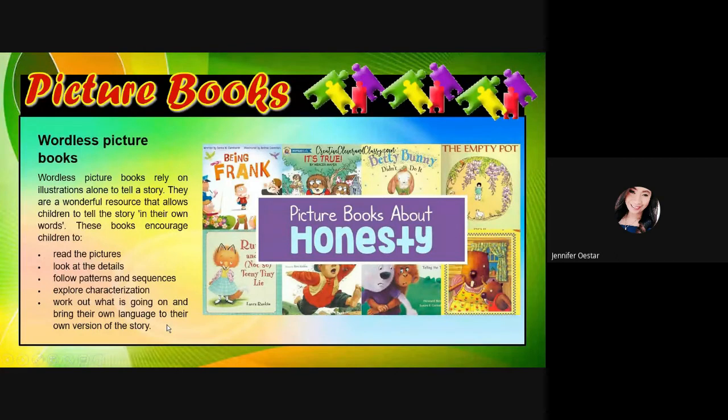So that is what I'm telling about. So even though we only have one story or one book, if you will ask your siblings or your child to interpret it, they could have different interpretations. For example, your panganay has a different interpretation from your pangalawa and your bunso because it depends on how they perceive the picture.